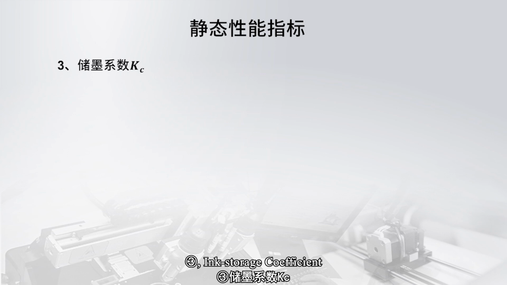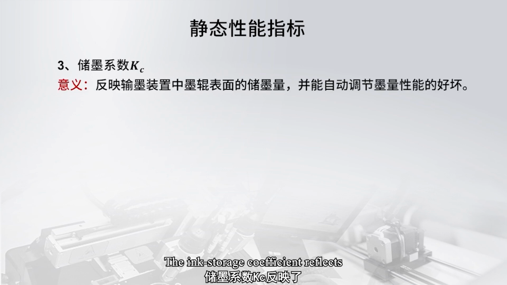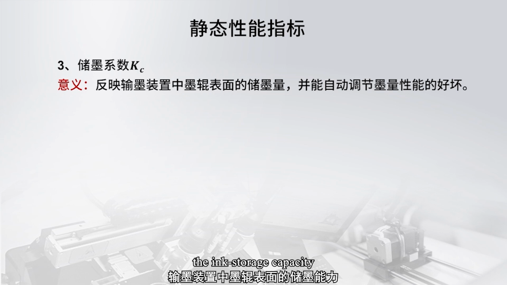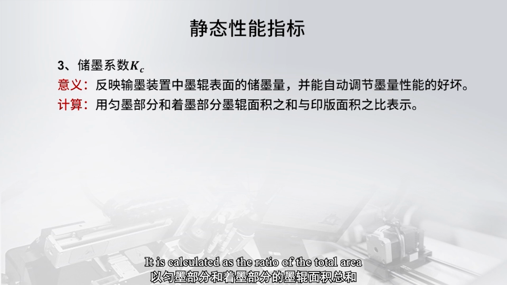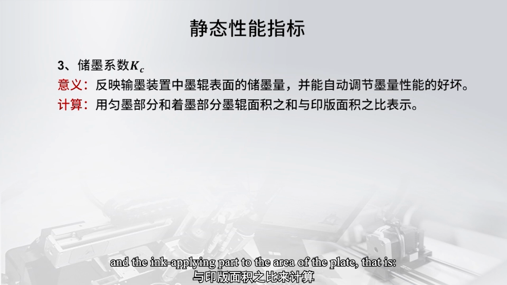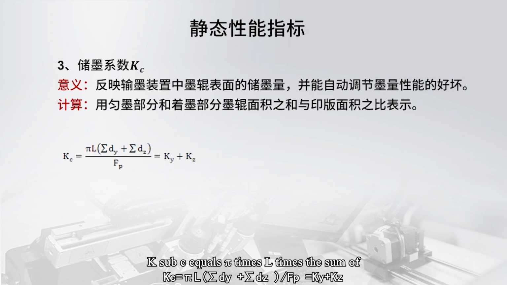3. Ink storage coefficient. The ink storage coefficient reflects the ink storage capacity of the surface of the ink rollers in the inking device, and the ability to automatically adjust the uniformity of the ink film. It is calculated as the ratio of the total area of the ink rollers in the ink distributing part and the ink applying part to the area of the plate, that is, K sub c equals pi times L times the sum of d sub y plus the sum of d sub z, all divided by f sub p. And it is equal to K sub y plus K sub z. (6-3)